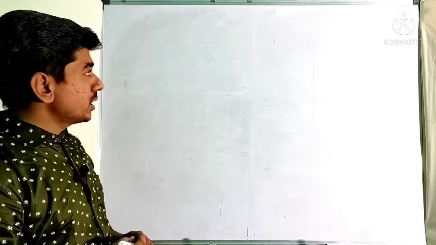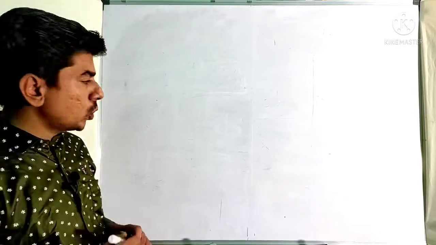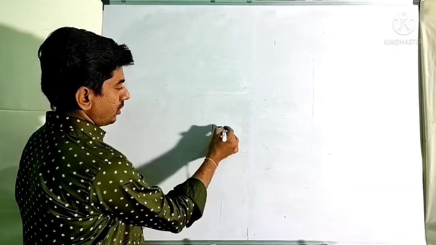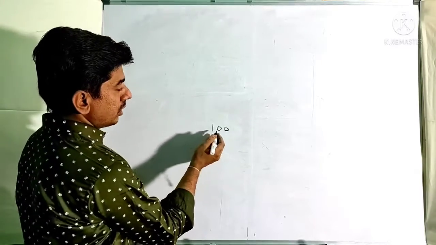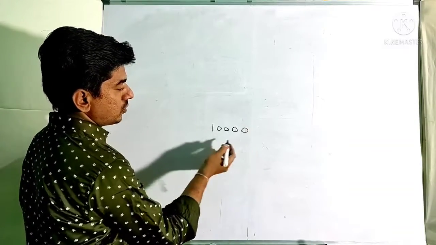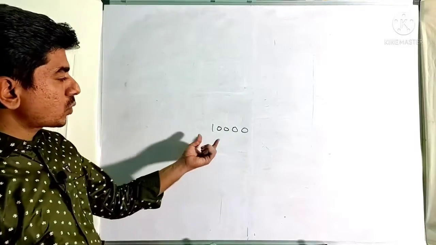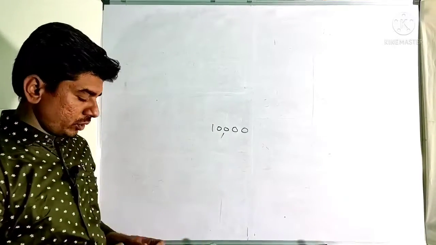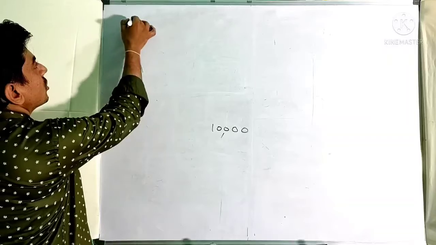Let us start with the 3-digit numbers. The smallest 3-digit number you know is 100. No need to take the square, because just add the same number of zeros and you will be ready with the square. The square of 100 is 10,000. Okay, the next number is 101.